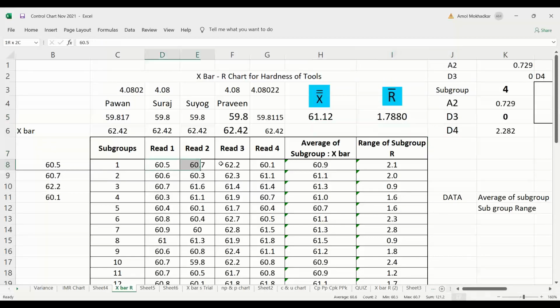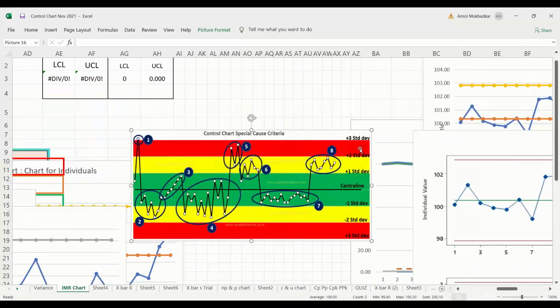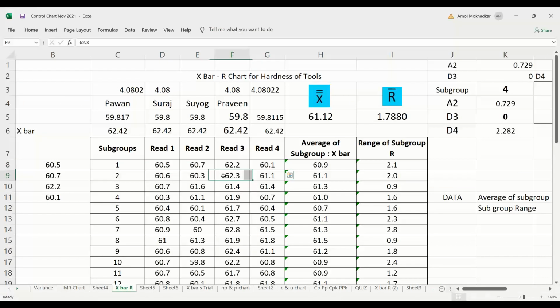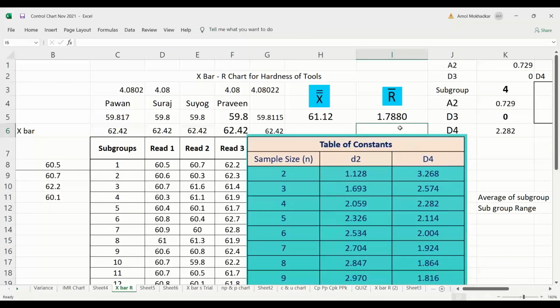So what will be the D2 value? What D2 value am I going to take here? I am going to show you this chart, chart for constants. You just tell me what is the constant you are going to take. Tell me what will be the value of R bar by D2. R bar value is there. Please calculate the R bar by D2 for this data.